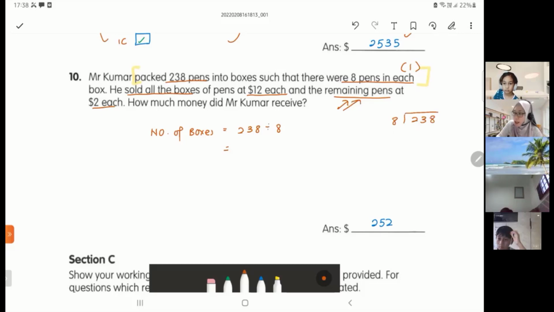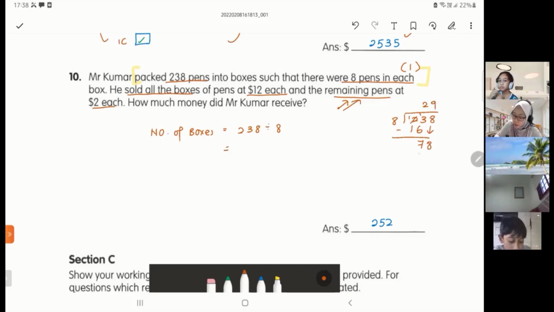Can 2 divide by 8? Cannot. So what must we do? We look at the nearest one. The nearest will be 16. That will be 2. 23 minus 16 will be 7. You bring down the 8. Then there's no 78 in the times table of 8. The closest will be